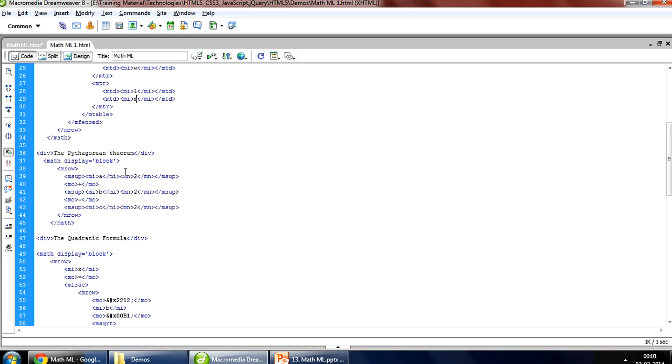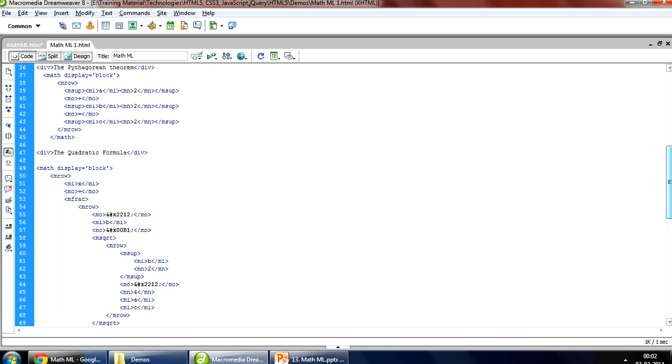After that, we have the Pythagorean theorem. This is the normal one. We have an mrow, and we only have a single row for this. So mo is for the operators, and for that we use it. And after that we have a square, then mi and mn for that you can use. So like this, you can put n number of operators. If you want to put a square plus b square plus c square equal to something, you can write that.